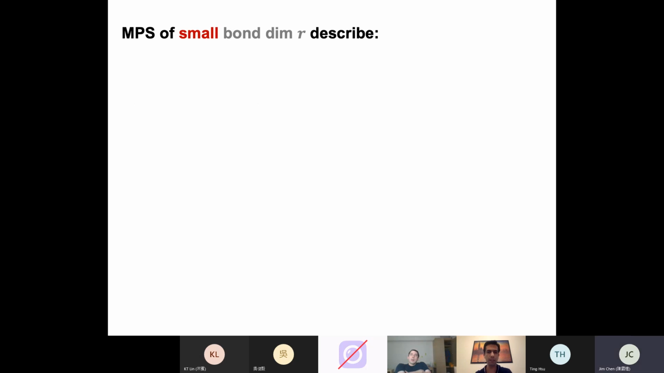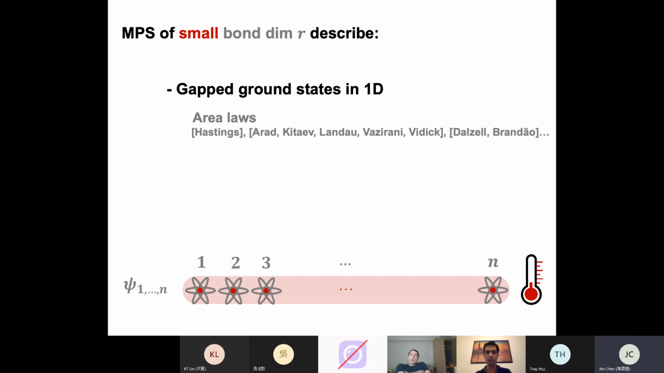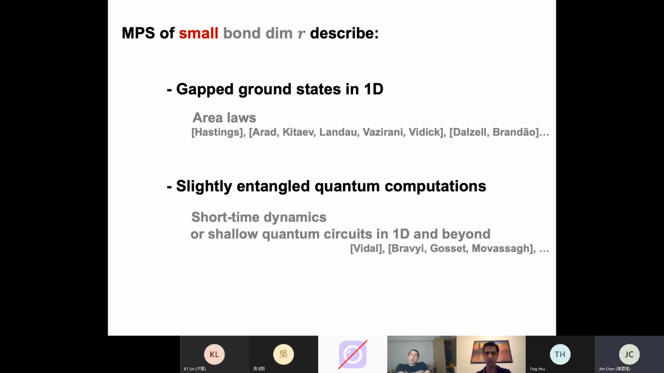Okay, so besides offering a way to quantify many-body entanglement, MPS includes interesting physically relevant quantum states. For example, the ground state of a 1D gapped local Hamiltonian has short-range entanglement, as formally stated by the entanglement entropy area law, and it's shown to be well approximated by MPS of small bond dimension. Another example is quantum computations that generate limited entanglement, as in short-time dynamics of local Hamiltonians or low-depth quantum circuits